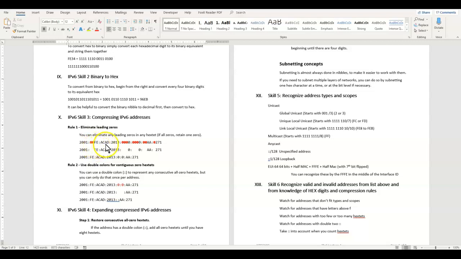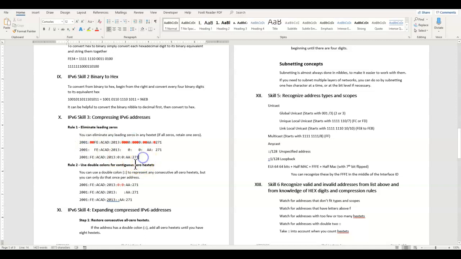that. The first rule is that I can eliminate any leading zeros. So here I have a 00FE, and I can take those 2 zeros away. Over here I have 4 zeros in a row, and I can take 3 of those zeros away and just leave the last one. Same thing here. 00AA, I'll just take those zeros out, and here I've got a 0271, I can take that 0 out. So now I've got it down to this. If I put all that together, take the spaces out, then it's much smaller, as you can see here, this as compared to this being much smaller.